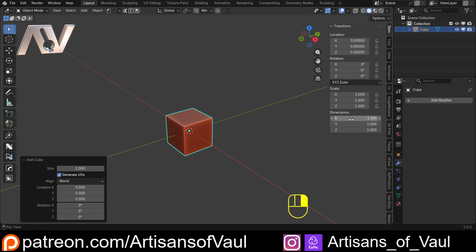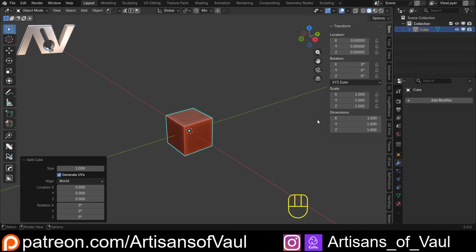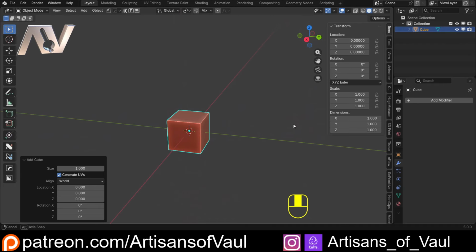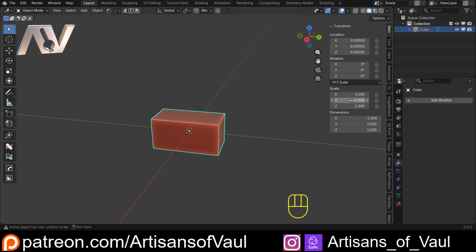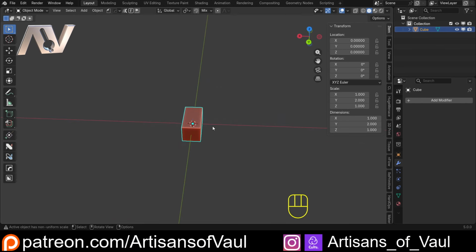We basically need to be able to right click to copy this as a driver, but we can't select dimensions. However, we can select the scale to be able to copy this as a new driver. So what we need is the scale to equal 1 when the dimension equals 1. So hence the cube that's going to be 1, because now if I put this size up on, let's say, the Y axis to 2, you can see it's going to change the scale to 2 as well, and that's very, very important. Right, so what we're going to do is make the basis of our shelf,